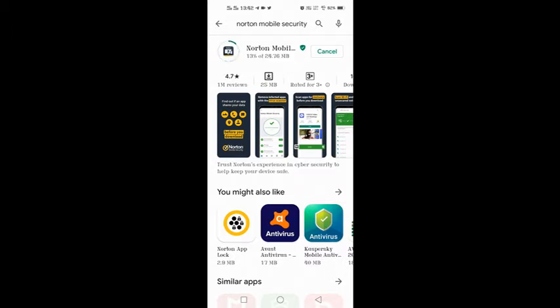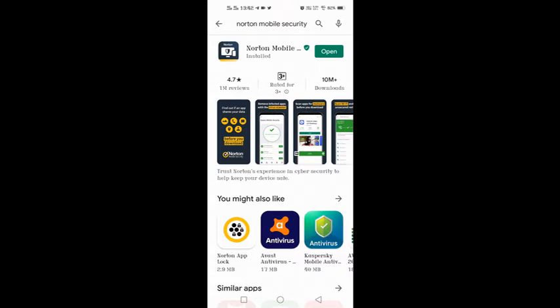And make sure guys, you have already purchased the Norton security. If you have not purchased the Norton security, then you will have to get the subscription through the mobile itself. And if you already have the Norton subscription, that's very good, then you can directly install and sign into your account. So here you can see it's downloaded and it's installing now. It was almost a 25 megabyte file.